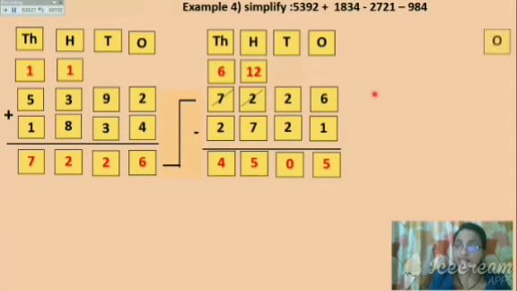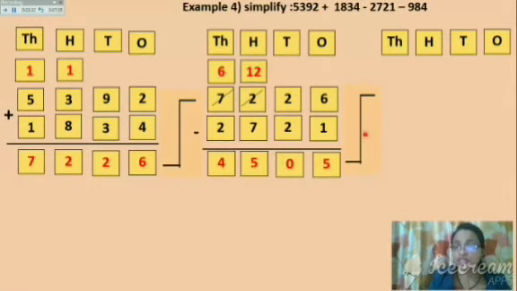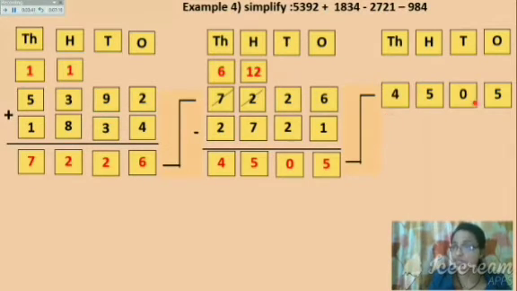Now this answer we have to carry forward for the next step as the first number. So arrange the 1s, 10s, 100s and 1000s. What answer did we get in the last step? 4505. We copy that here as the first number for the next step. Now for the fourth number, plus or minus? Again it is minus, so take the minus sign. How many digits does this number have? 3 digits. Copy it as it is, 984. The 1000 place will be kept empty because no number is there.